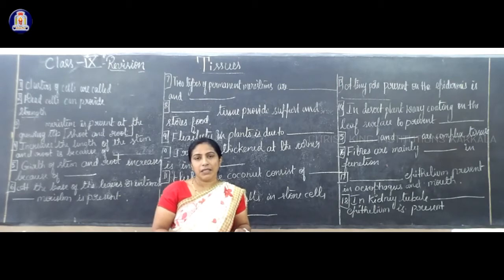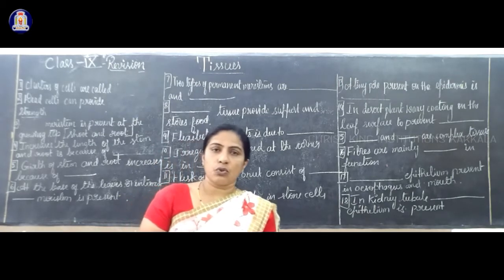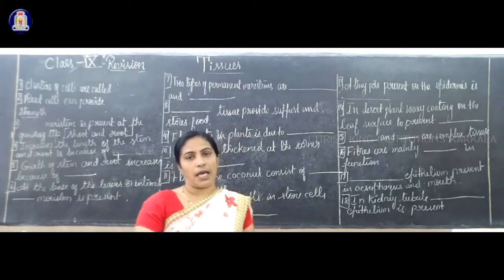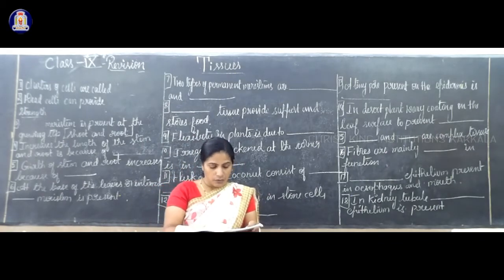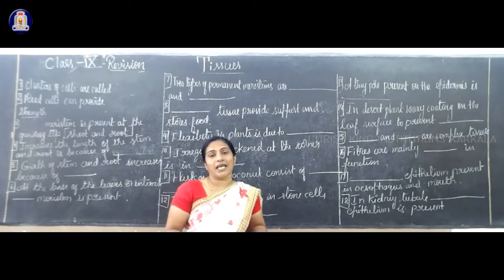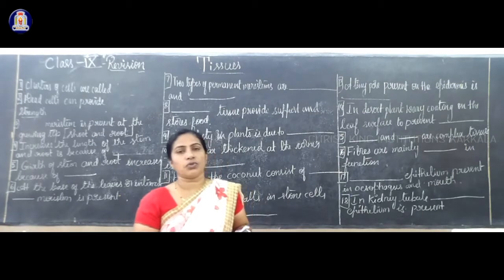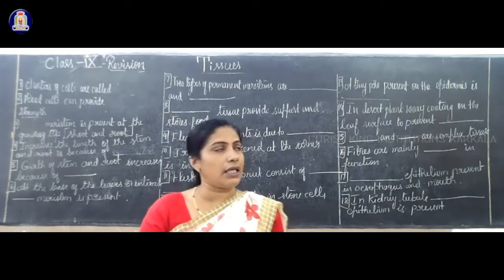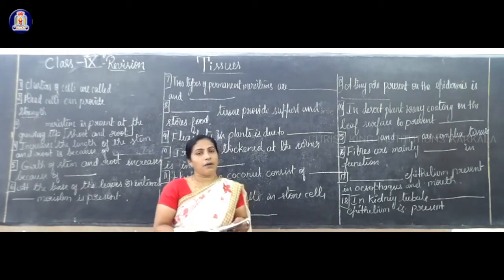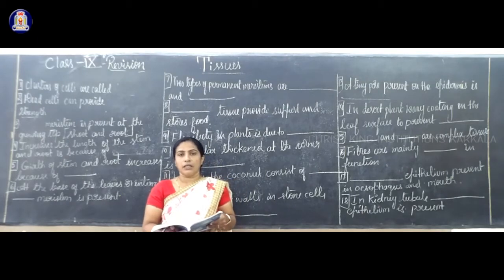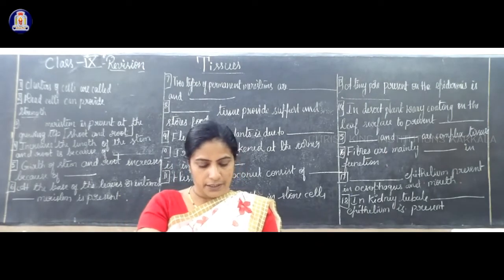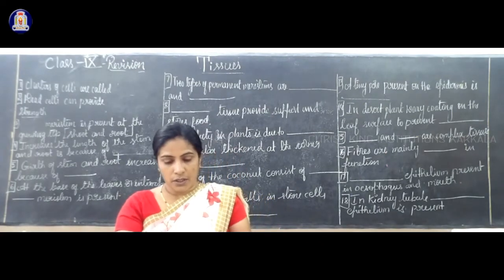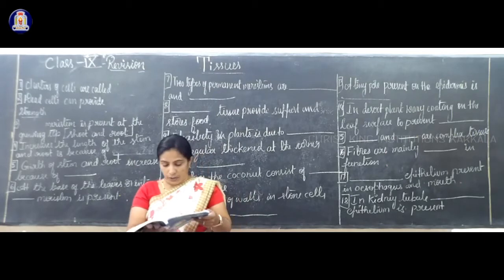In this lesson many types of questions will be there. The main lessons are Tissues and Diversity in Living Organisms. Open your textbook now, page number 68 onwards. I will go through how the questions will come according to your question paper, then I will come back and start from the 1 mark questions, 2, 3, 4 and 5. So, chapter 6 Tissues, page number 68 onwards. We will go through the 1 mark questions afterward.